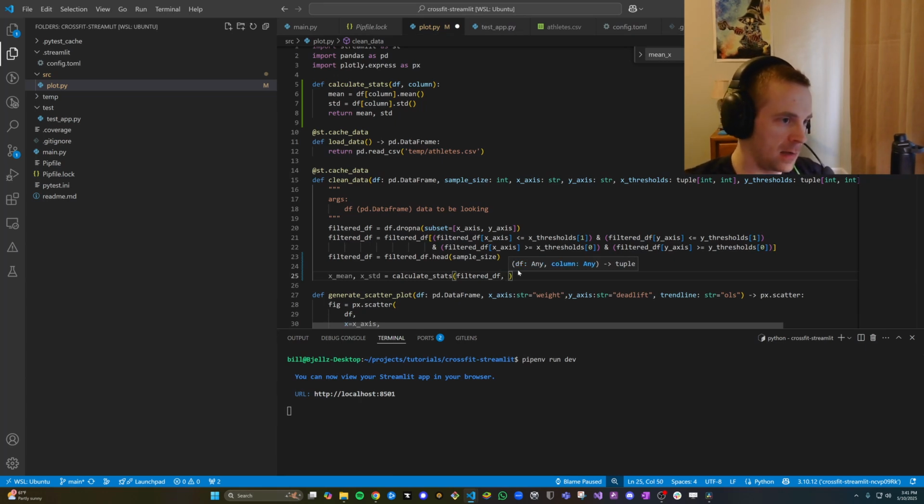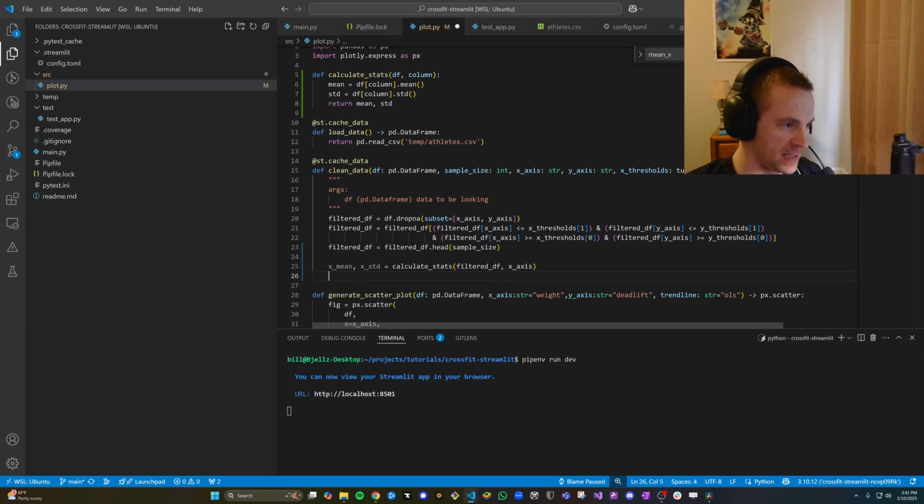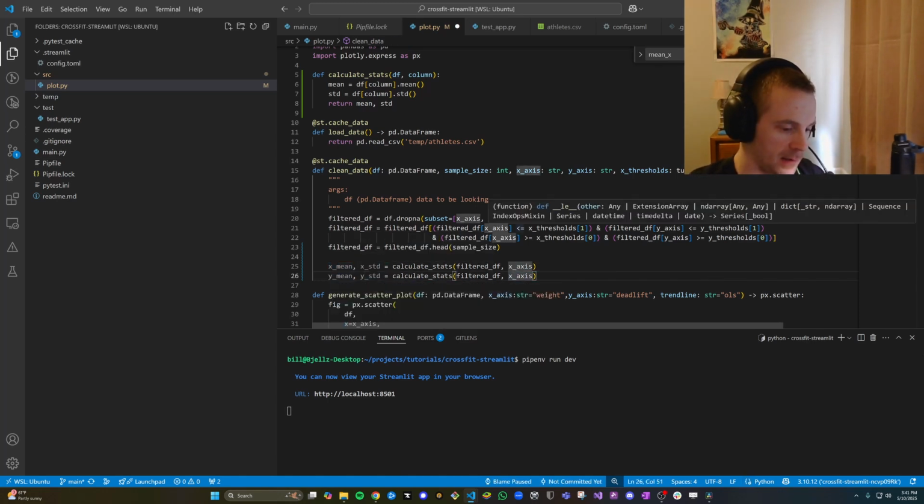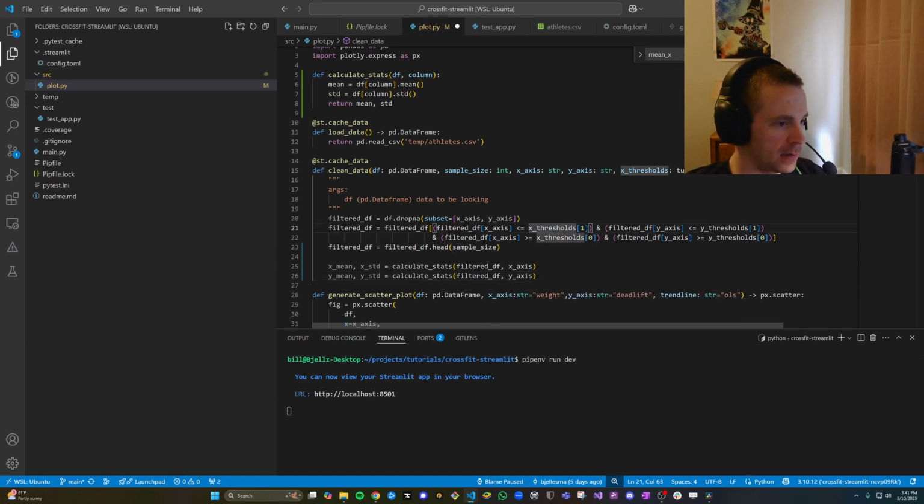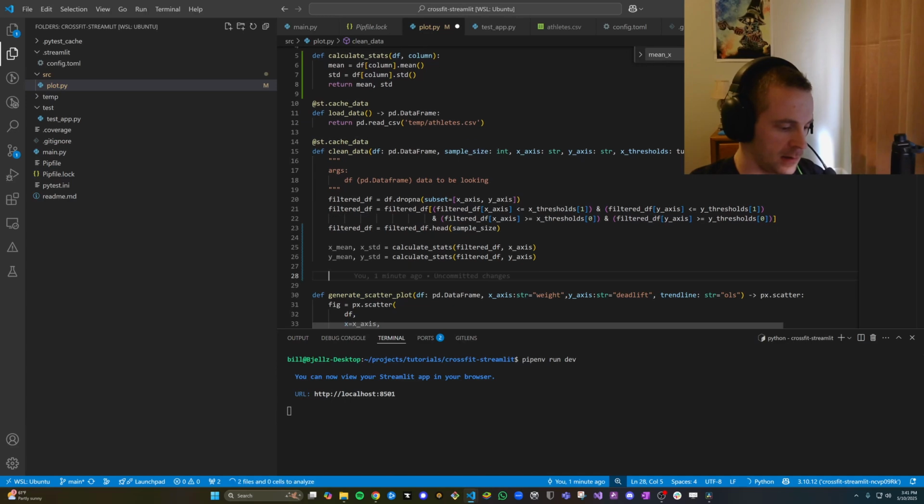And then we have access up here to what the x-axis is. So we'll do that and return those, and then we want to do the same for the y-axis. So change this to y, and then change this to y, and then so